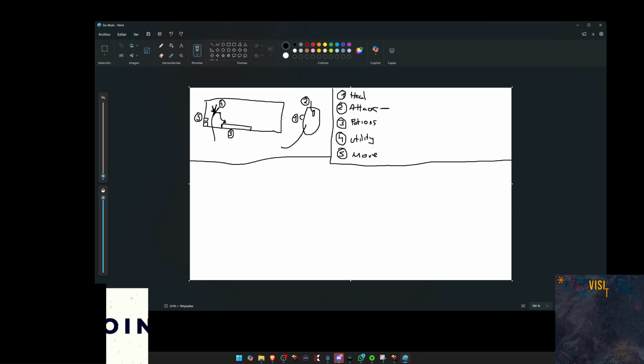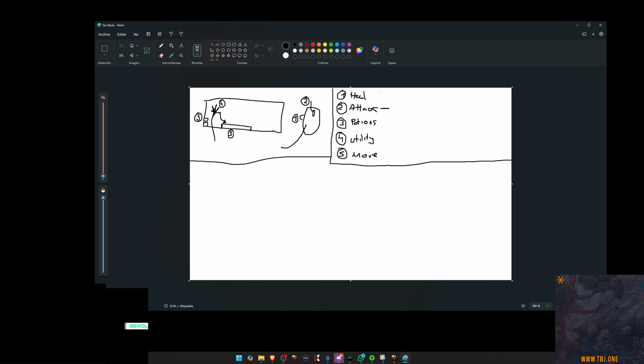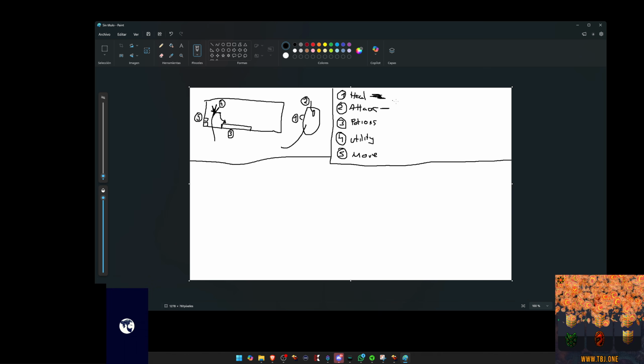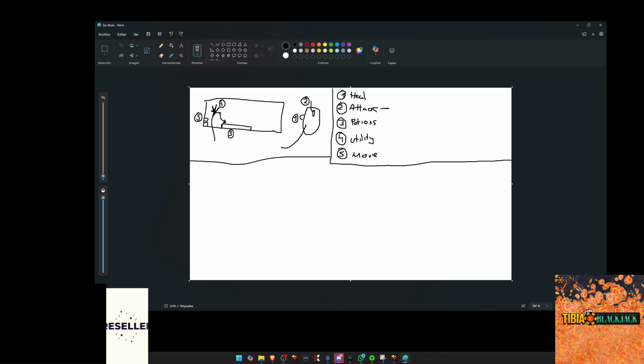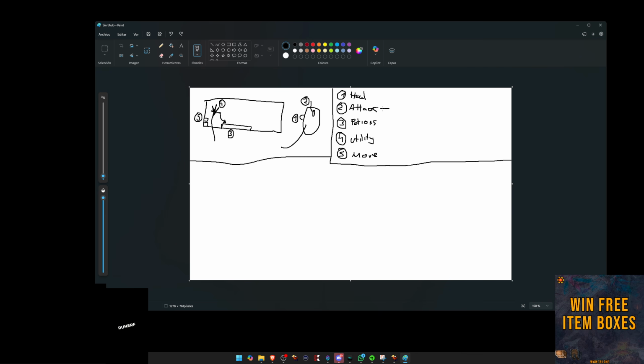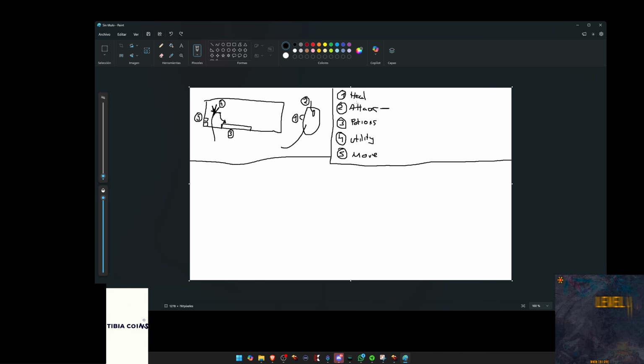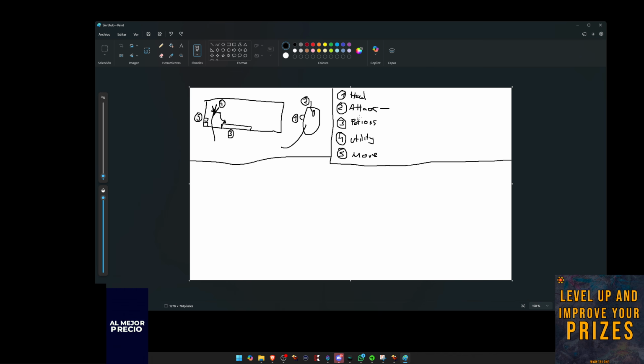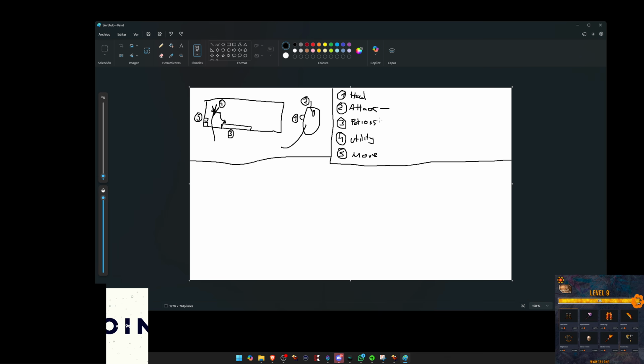So in this case, let's try and dissect how many actions you are going to use in a singular hunt. So when hunting, you are probably going to heal, right? You need to heal. That's one action. You need to attack, which is two actions. Then you need to use an item. Doesn't need to be a potion. Sometimes actually this attack and this hotkey is the same, right?